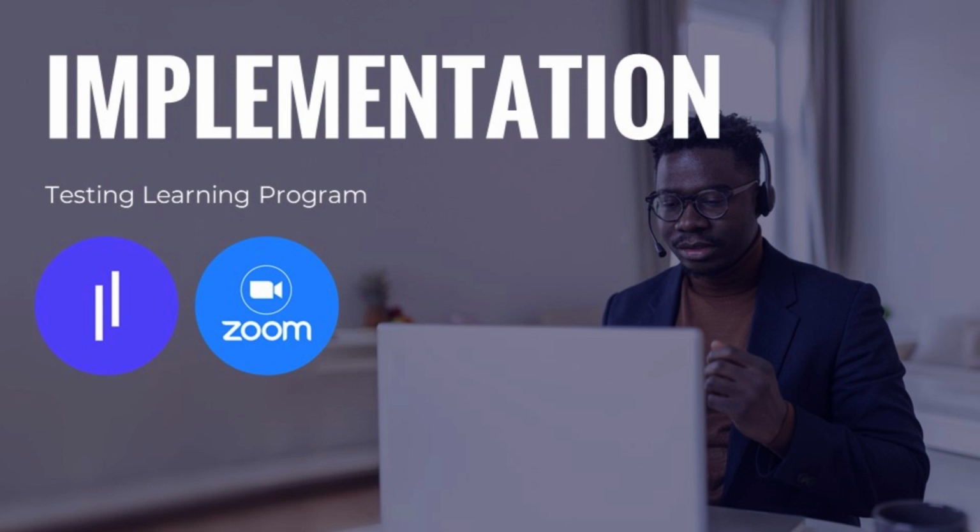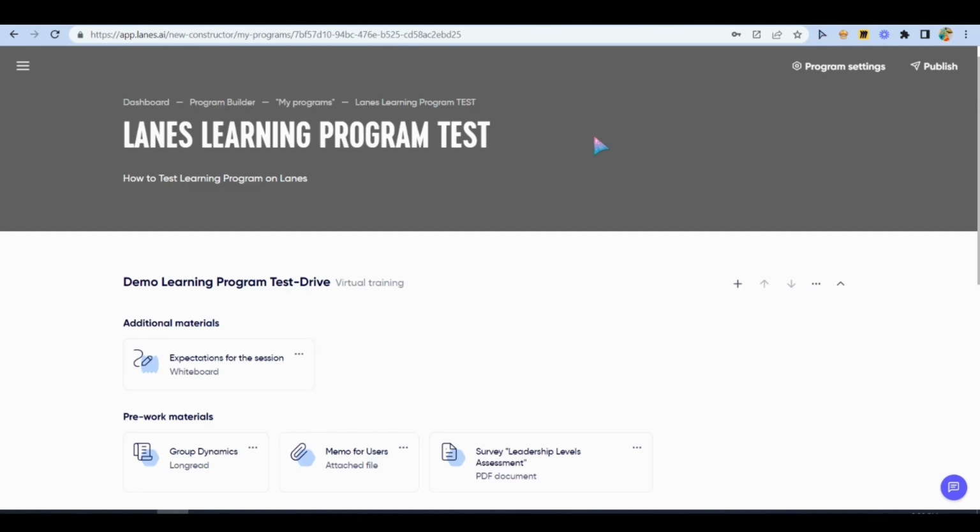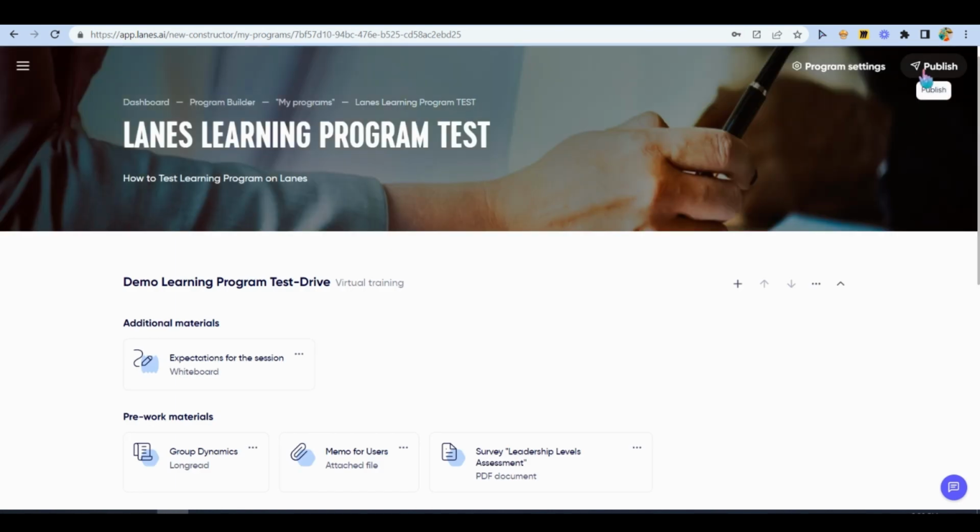In this video, you will get an overview of how to test the learning program in Lane's Zoom app. To test the learning program, get to My Programs. In the Program Builder, select the program to test,